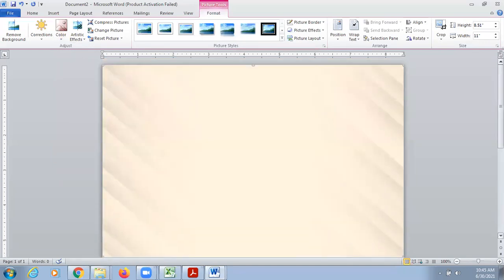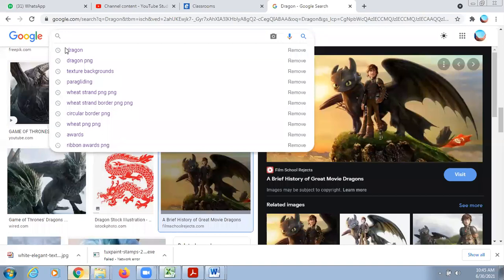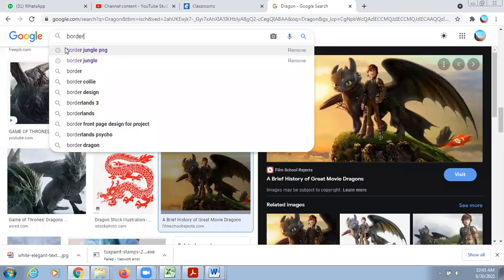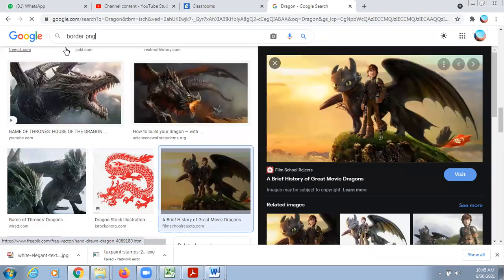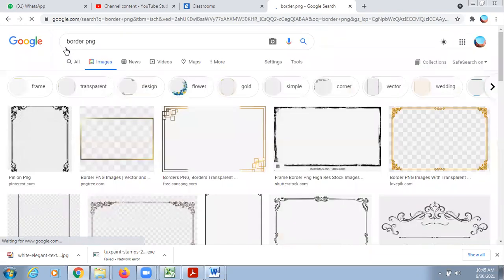Okay, now I wanted to search a border for this. So we will look for border PNG, or even now we know how to make a border. If something is without PNG, if it is a JPG image, how can we convert it into a transparent background?